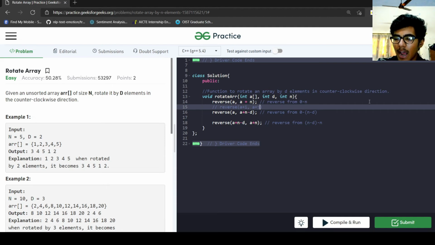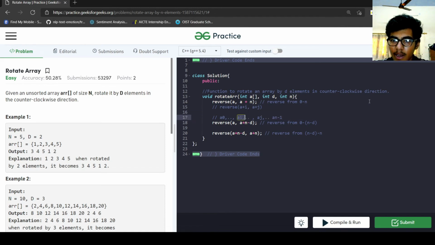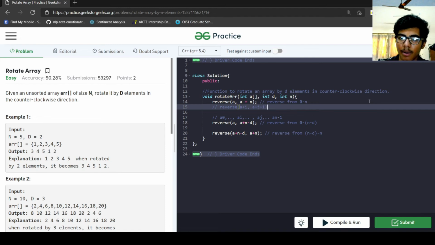For example, I have this array a0 till ai, then I have some aj, then I have a n minus 1. I want to reverse from ai to aj. Then what I will do is a plus i, a plus j plus 1. So this part will be reversed.